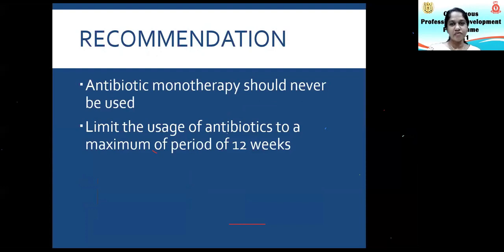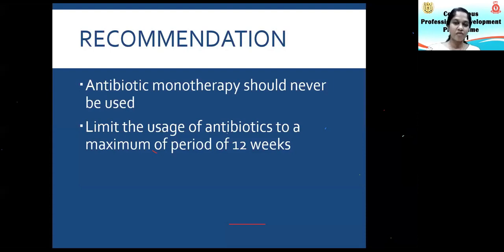So the recommendation for oral antibiotics is that antibiotic monotherapy should never be used. I repeat, never. At least it has to be combined with topical benzoyl peroxide. Even if you give a topical antibiotic, where monotherapy is commonly practiced, it has to be combined with topical benzoyl peroxide to reduce resistance, and also to limit the usage of oral antibiotics to a maximum period of